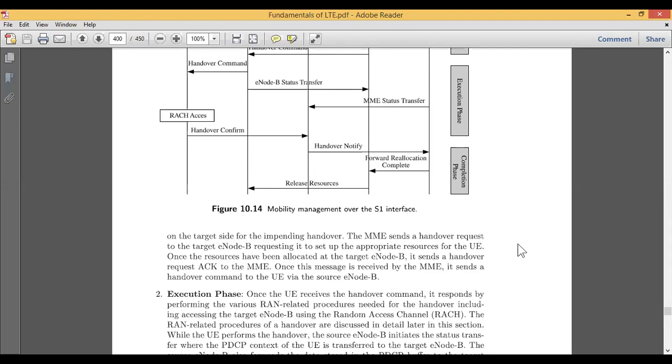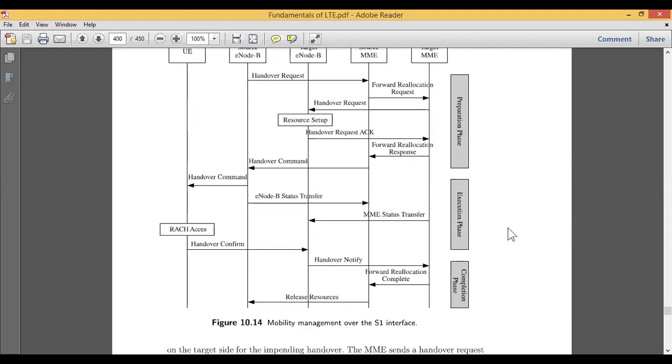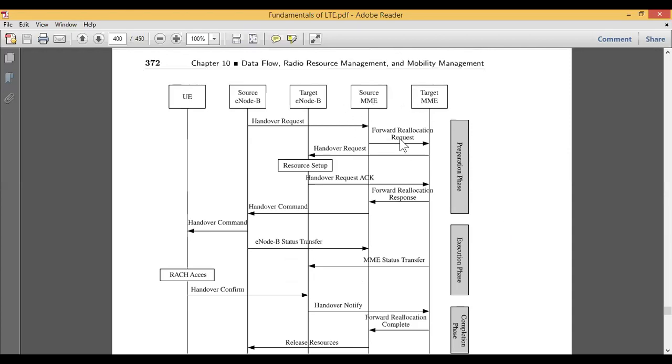Same thing as what we do in our normal telephonic call. In a telephonic call, we first decide, then we identify the number, and then we set up a call. So it will request for the establishment of the call. The same thing is happening in this particular preparation phase.